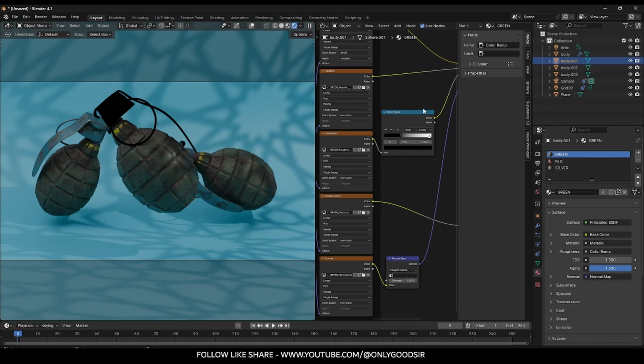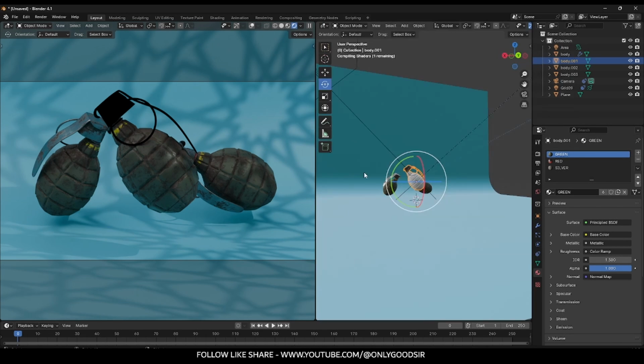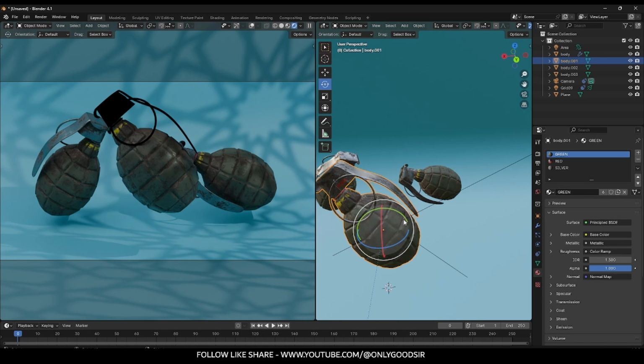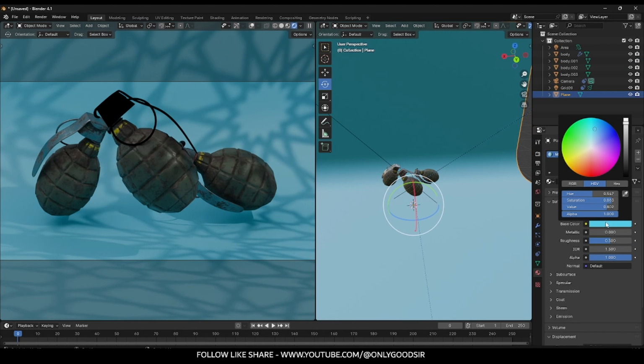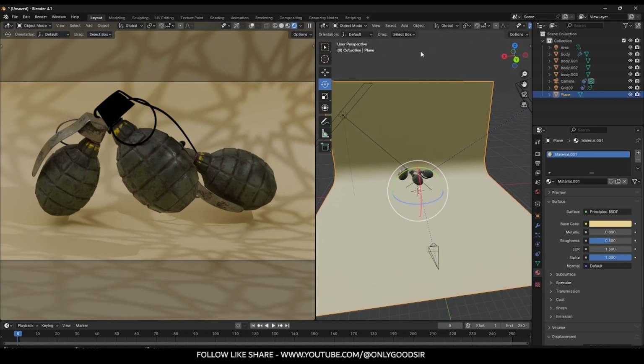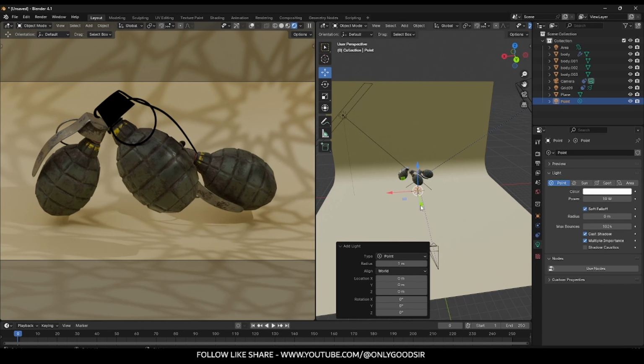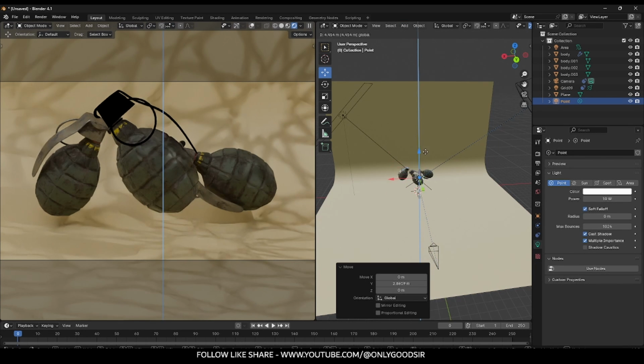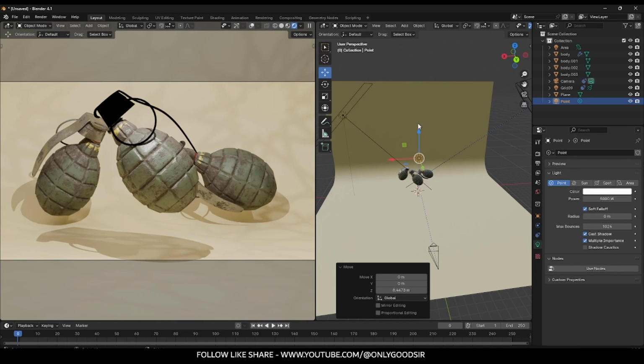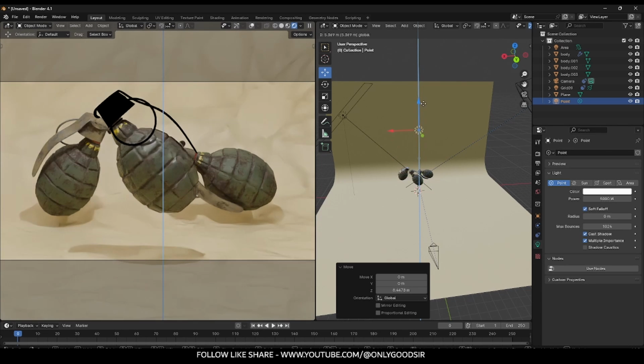I don't know if there's a better way. There should be a better way of doing it than the way I've done it here. But it's okay. Now I'm not happy with the blue. But yeah, you can choose whatever bloody colour you want. Sorry. Point light. That's very extreme, but